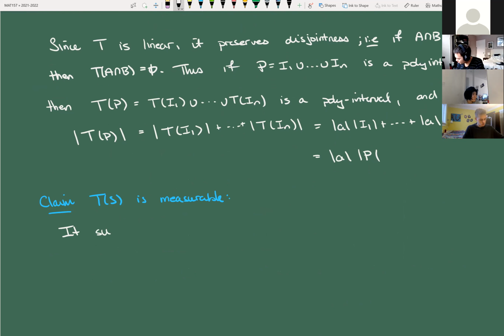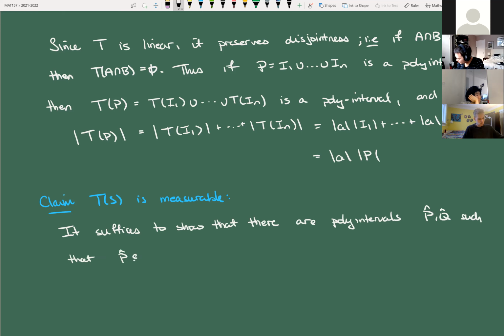So it suffices to show that there are polyintervals, I'm going to call them P hat and Q hat, such that P hat is a subset of T of S, which is a subset of Q hat, and